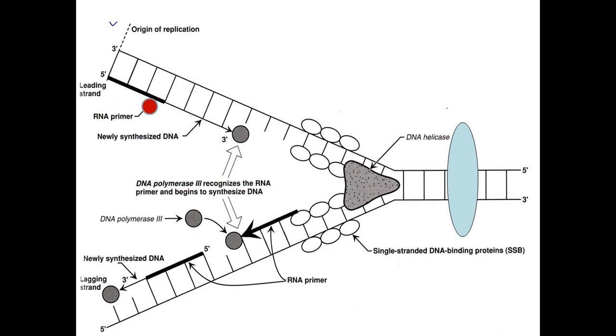See, here in this diagram you can see the action of DNA polymerase after removal of the RNA primer. So DNA polymerase brings in and adds the new nucleotides so that the DNA fragment will form again instead of the RNA primer, and these fragments are ligated by DNA ligase and they form a single strand of DNA on the lagging strand as well.